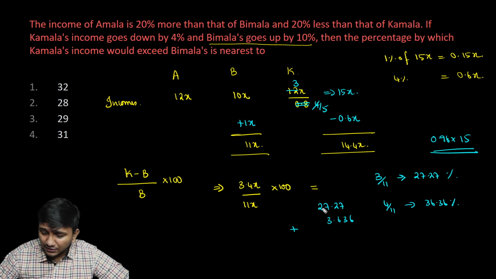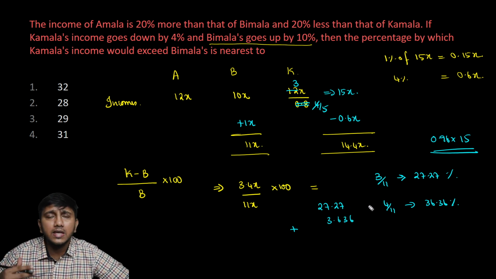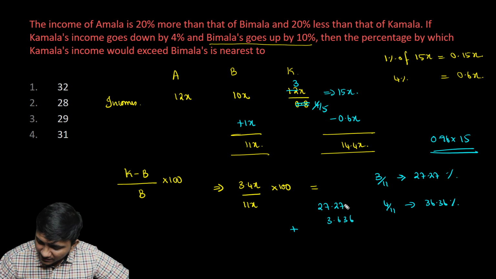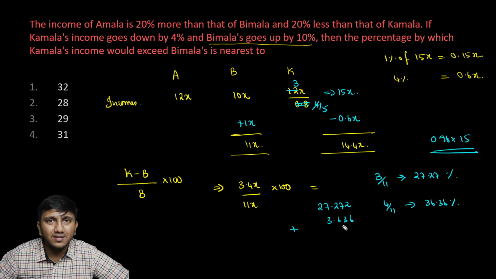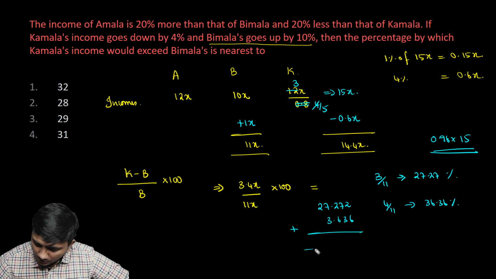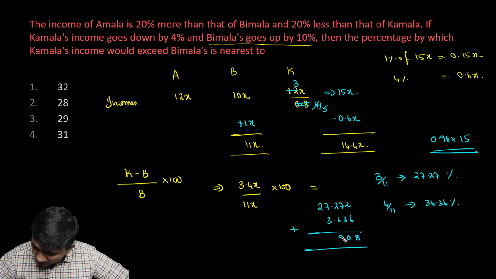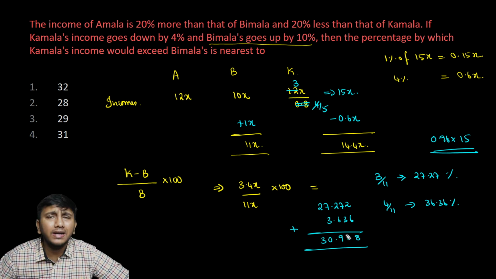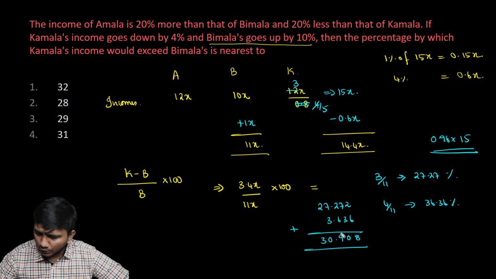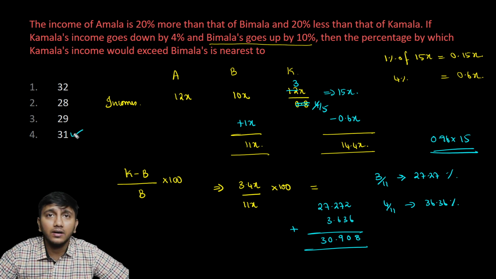So it will become 3.636. This is actually 27.27272727, it keeps on going like that. So as I have 3 digits here, I can probably put a 2 here as well. Now let's quickly add it to see what the value is coming to. So this is going to be 8, 7 plus 3, 10, remainder 1, that's going to be 9.03. So I'm getting 30.90 something. So our answer is very close to 31. Answer is 31 for this question.